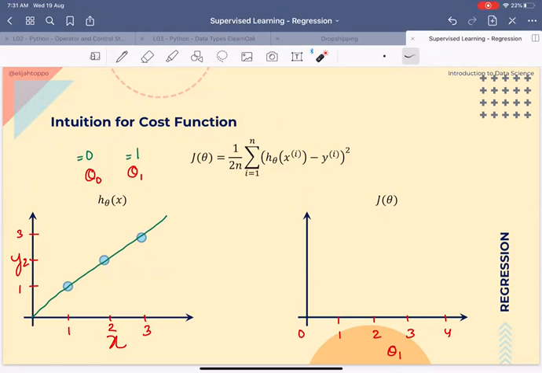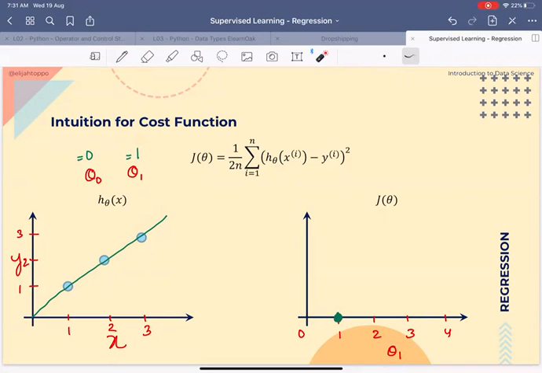Okay. So if I look at my data, I can say that this will be my point. So here I'm plotting the hypothesis. Here I'm plotting the cost. Why is it in one position on the x-axis? Why did you mark that cost on the x-axis? Oh yes. Because on the x-axis I'm putting theta 1. We estimated that this is our model where theta 1 has the value of 1. For theta 1 as 1, my cost becomes 0. That is what I'm trying to plot here.